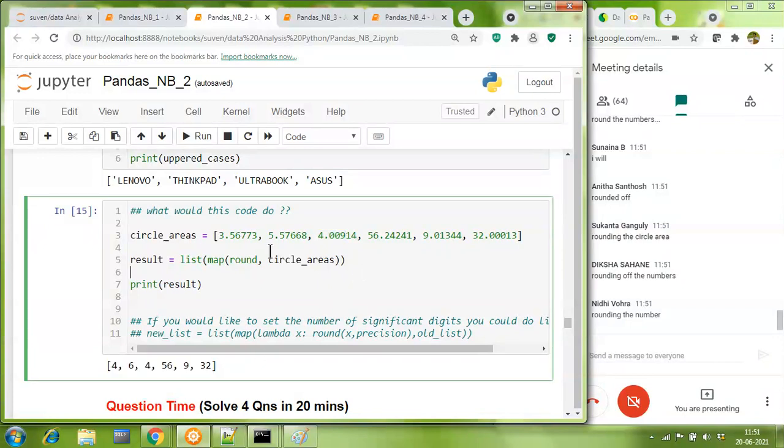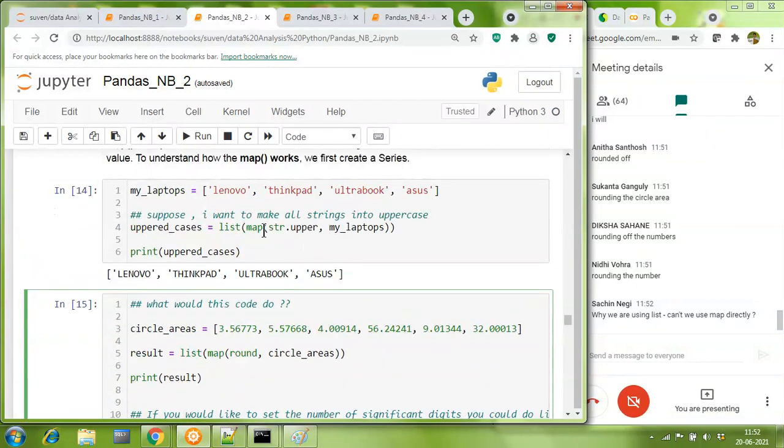Perfect. Very nice. Perfectly answered by her. What we're doing is we're basically rounding every number in the circle areas. If you wanted to have precision also, I have given an extra code for yourself to try. People who are acquainted with Python programming can try the lambda expression to work with precision also. Only thing is that you need to give some value here. You can give some value of precision from your side, like 2 or 3 or whatever precision you want. Okay, so please now run both the codes.